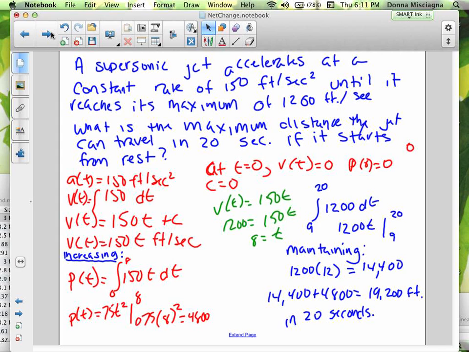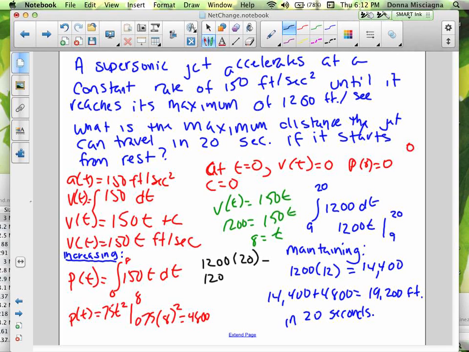Now I'm not trusting myself because this was up here beforehand. Let me double check. So 1,200 times 20 minus 1,200 times 9 is going to give us 24,000. Put the comma in the wrong spot. Minus